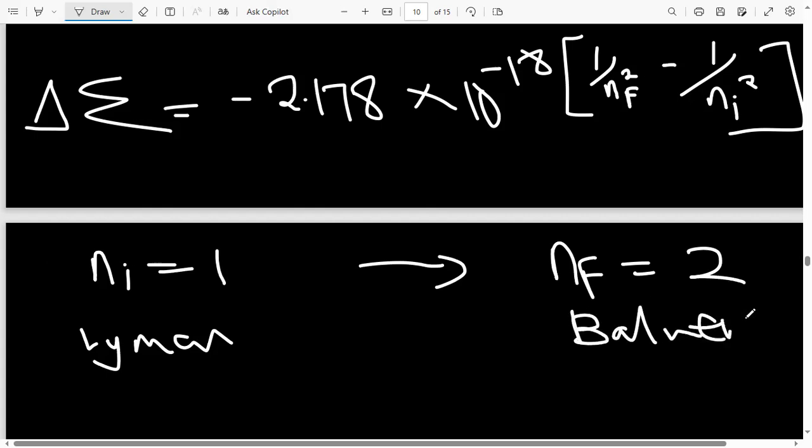Okay, so master those things. We're just going to replace. Where there's NF here, I'm going to put a 2. Where there's NI, I'm going to put a 1, for me to find the change in energy as the electron makes a transition from the Lyman series